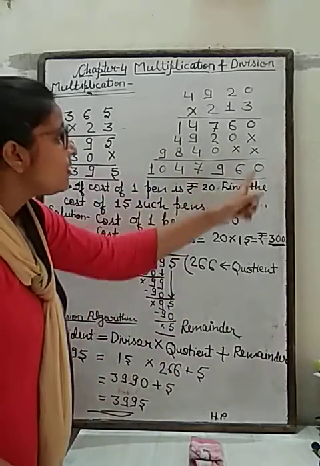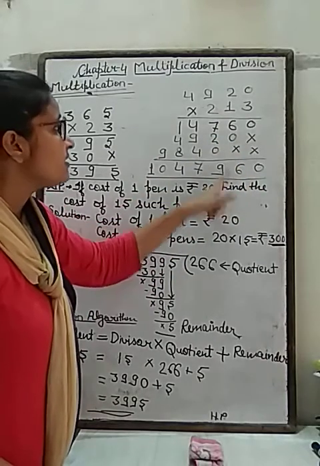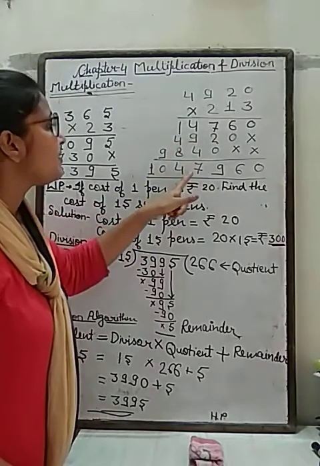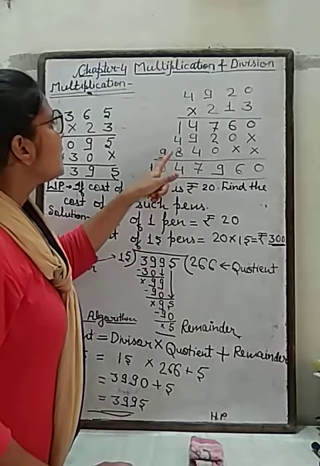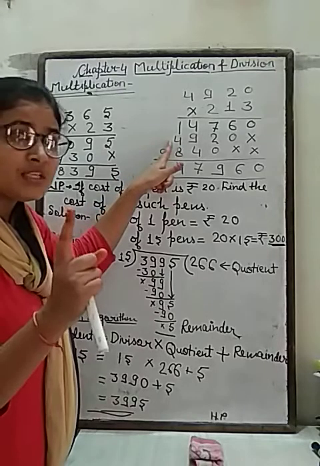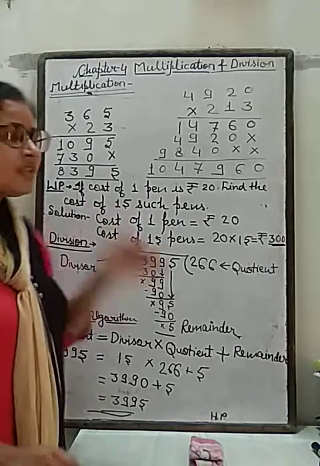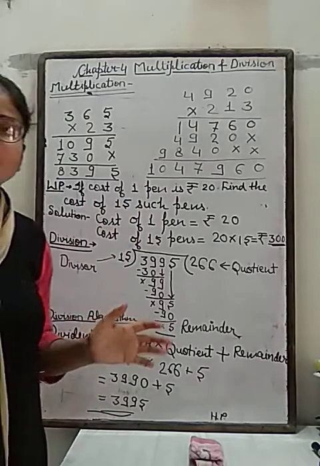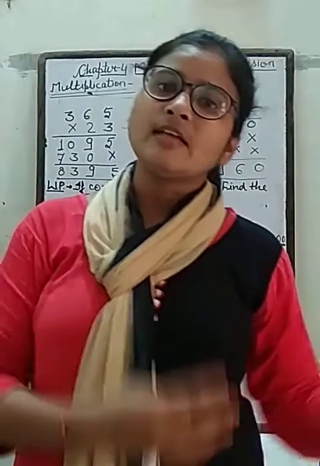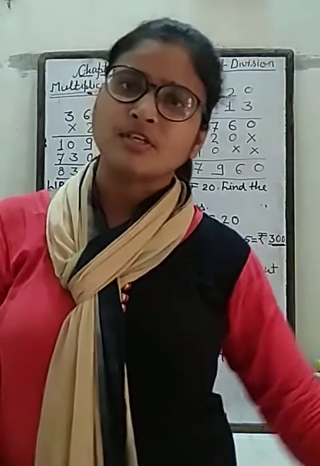Now we will add all the digits. 0, 0. 6 plus 0 is 6. 7 plus 2 is 9. Now 4 plus 4 is 8. 8 and 9 is 17. 7 carry 1. 8 plus 1 is 9. 9 plus 4 is 13. 13 plus 1 carry is 14. Now carry 1. 9 plus 1 is equal to 10. This is how to multiply 2 digit and how to multiply 3 digit numbers. In the same way we can proceed further. Like the same we can multiply 4 digits, 5 digits, up to whatever you want.